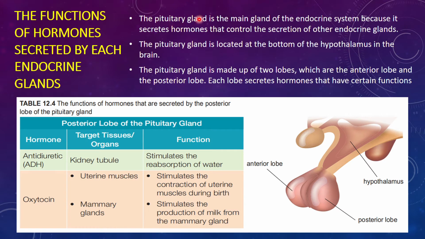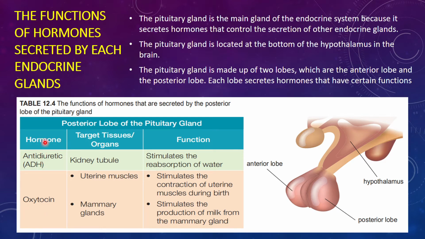Now let's look at the functions of hormones secreted by each endocrine gland. The pituitary gland is the main gland. It is also known as the master gland because it secretes hormones that control the secretion of other endocrine glands. It is located at the bottom of the hypothalamus of the brain. The pituitary gland is made up of two lobes, the anterior and the posterior lobe, and each lobe will secrete hormones that have certain functions. This is the posterior lobe of the pituitary gland. So this is ADH and also